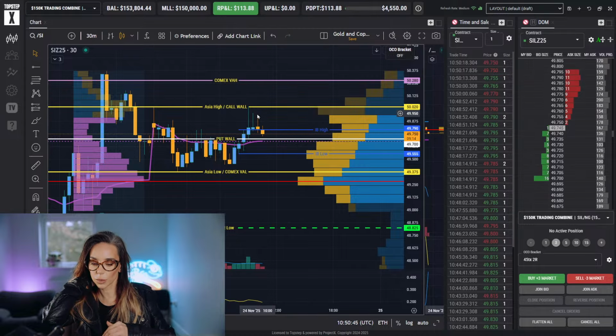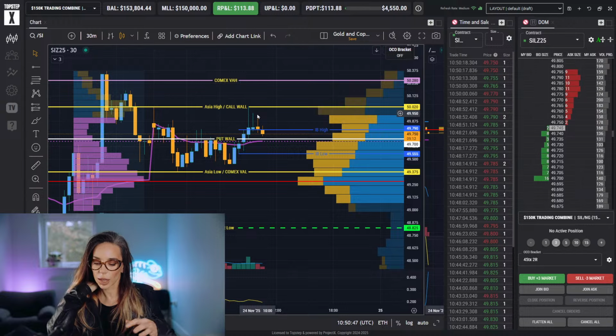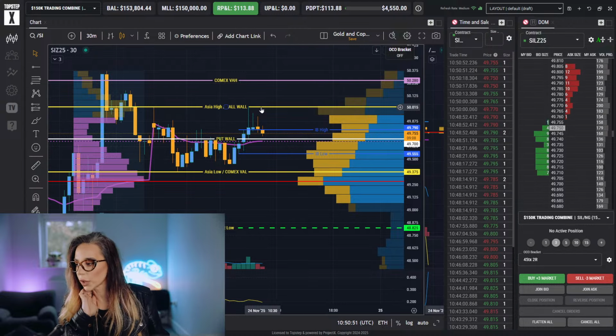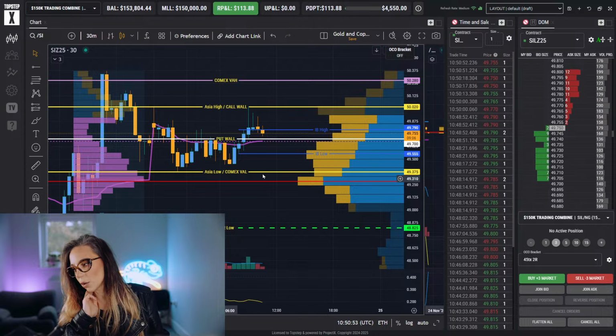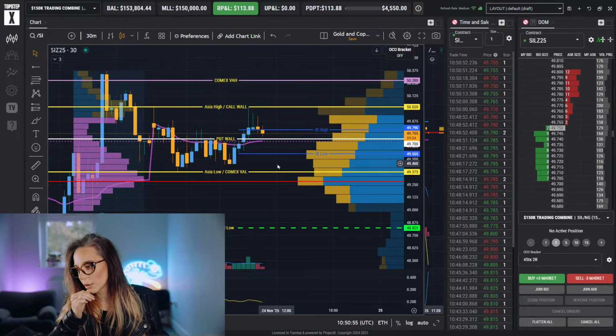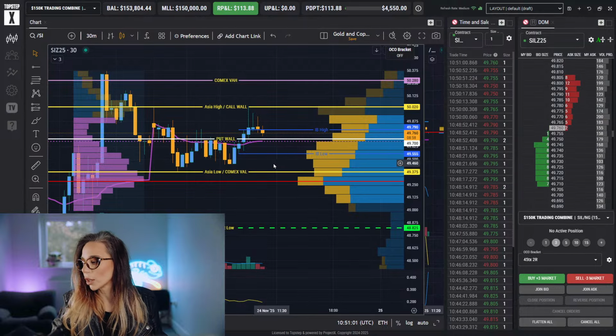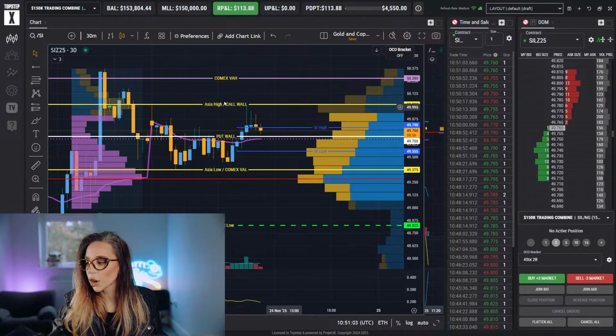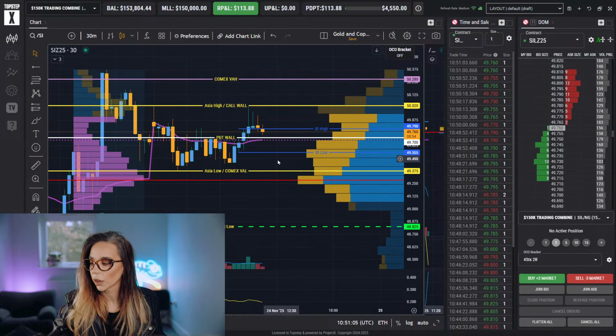So you have a perceived move, and then they sort of do a sharp reversal. So if at that point we take out Asia high or Asia low, and then reverse, I will be trading that. Apart from that, I don't really see anything else. But silver I've been liking a lot.